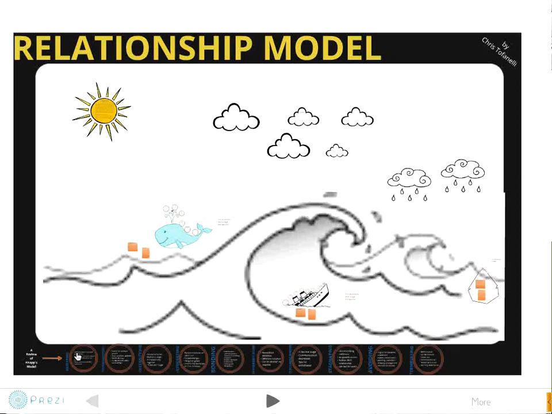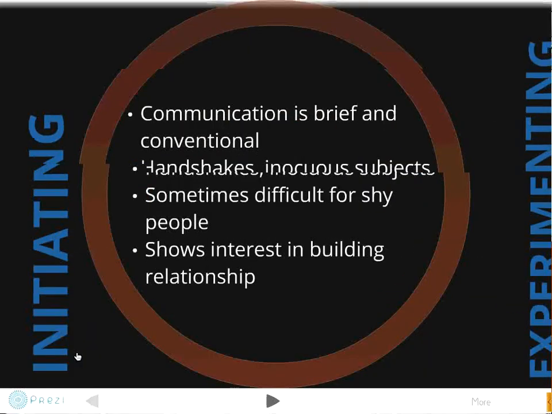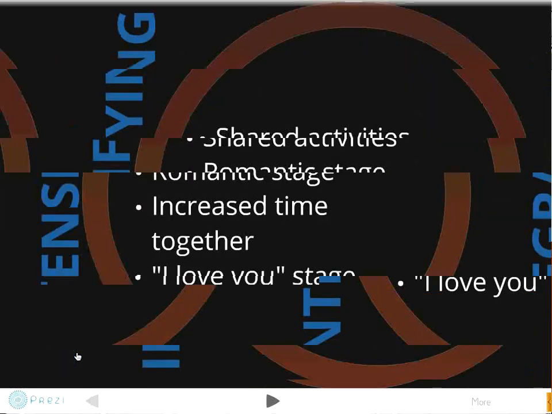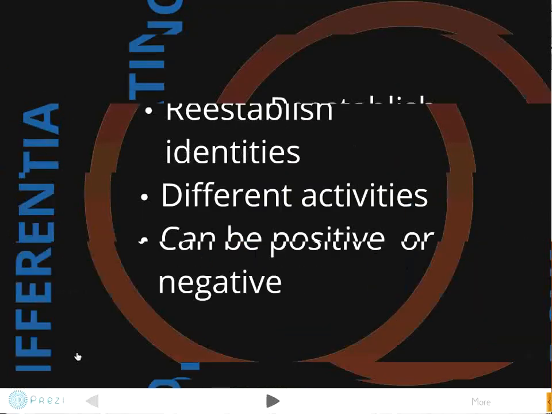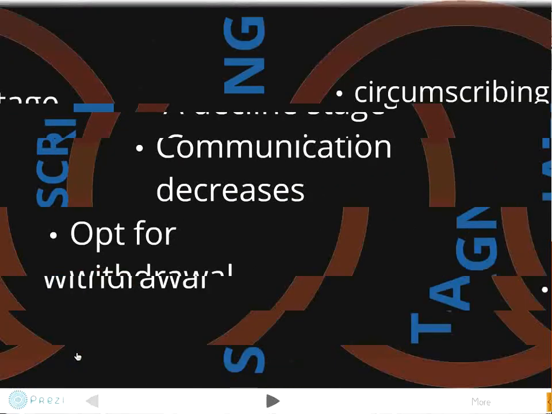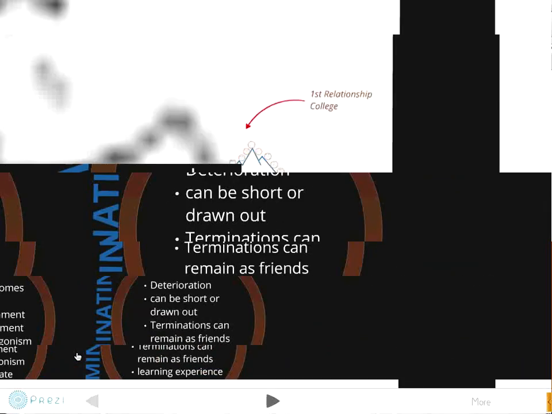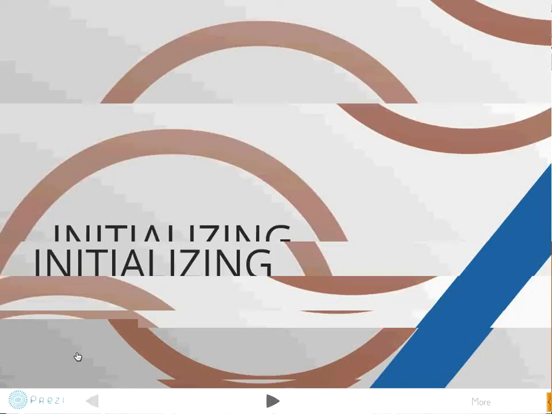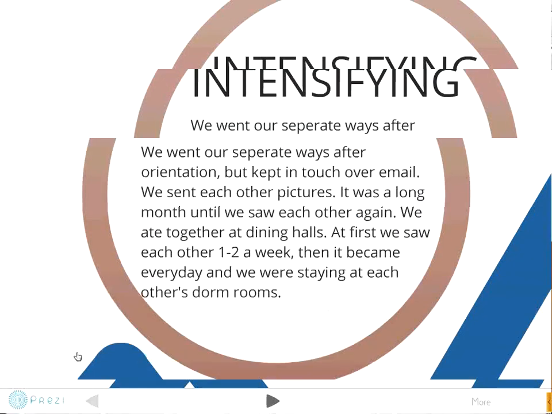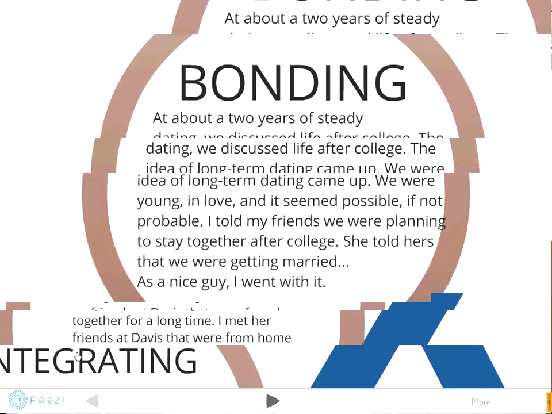And it's amazing. So, you don't see this at first, you just see. So he goes over, number 1, the model that they were given in class. So this is just a summary of the actual theory about relationship models. So he summarized the theory down here. And then he goes to his first relationship in college. And you can see for each stage that he's learned in the model, some people would put all of the stages on one PowerPoint slide. He has a separate circle for each one of them.